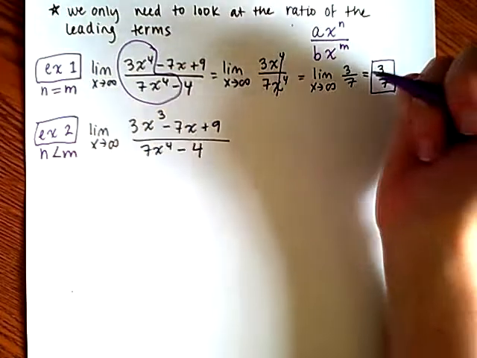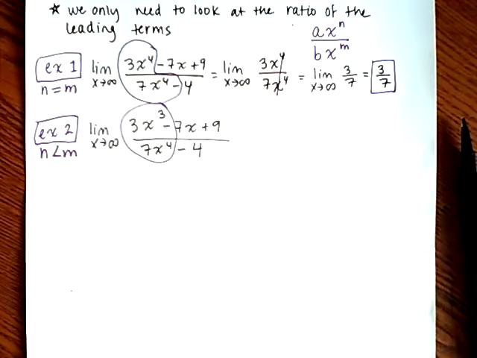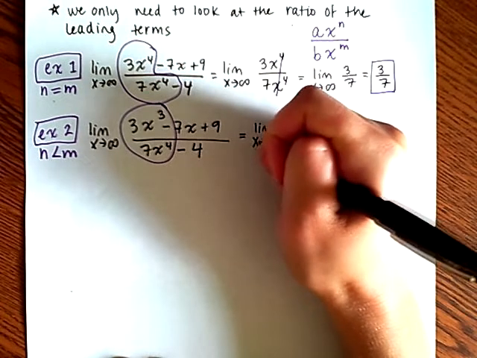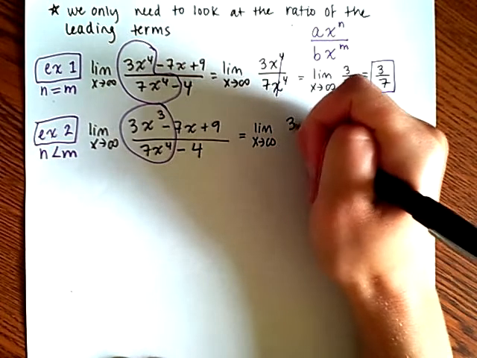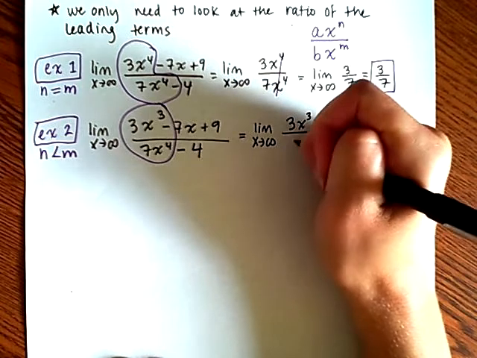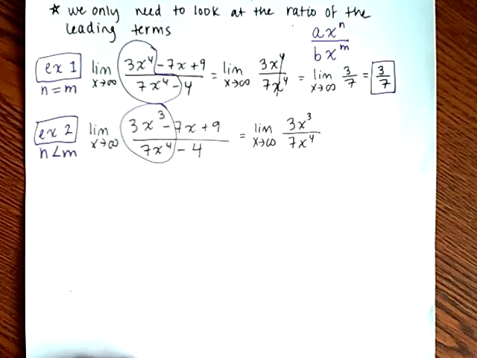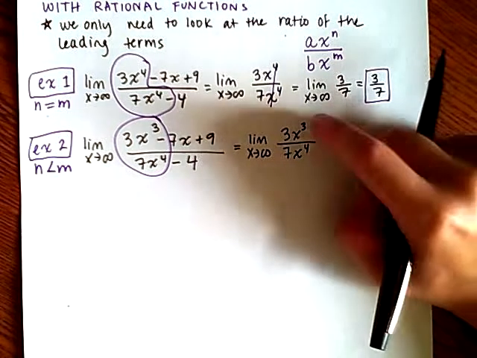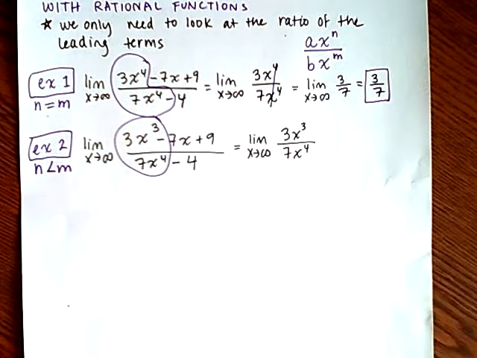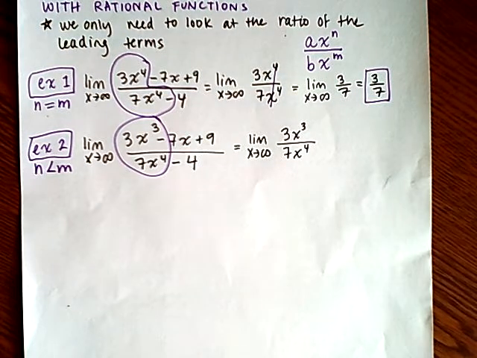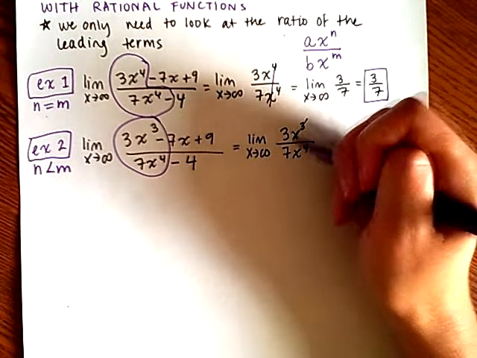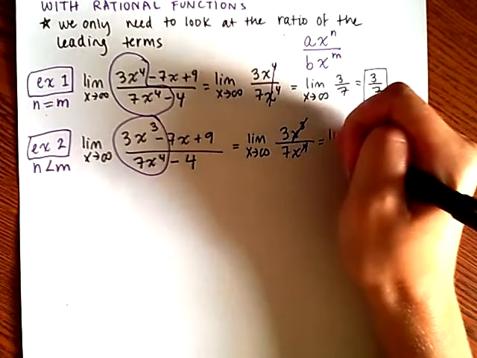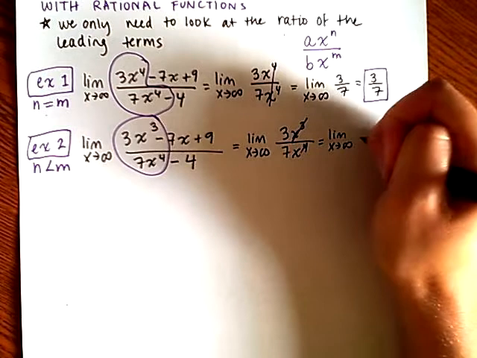So we're going to start the same way, which is let's just zero in on the leading terms. So now what's the limit as x goes to infinity of 3x to the third divided by 7x to the fourth? Well, just like I could simplify here with my x's, I can also do the same thing here, except they don't have the same number of x's on top and bottom. So all of these will cancel, and I'll be left with just one x in my denominator. So this will become the limit as x goes to infinity of 3 over